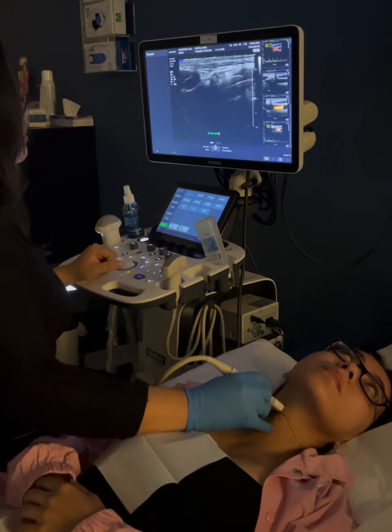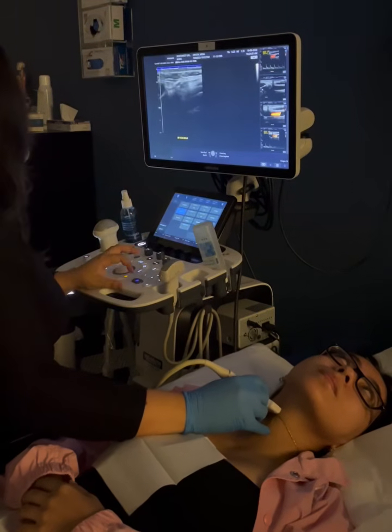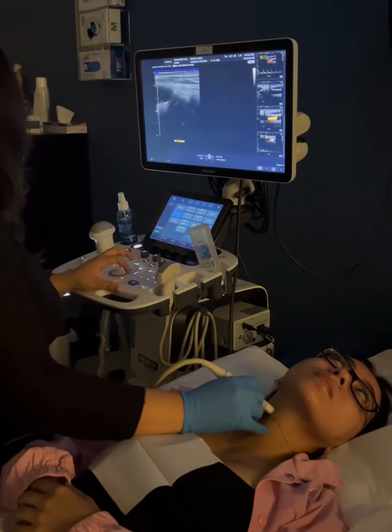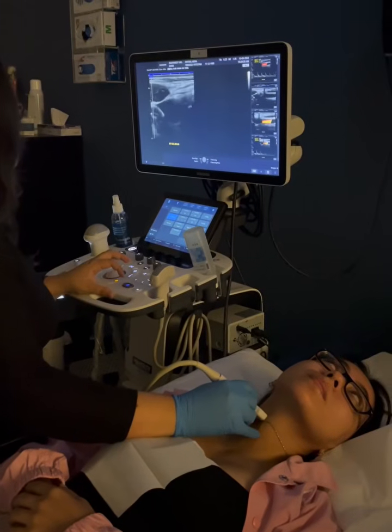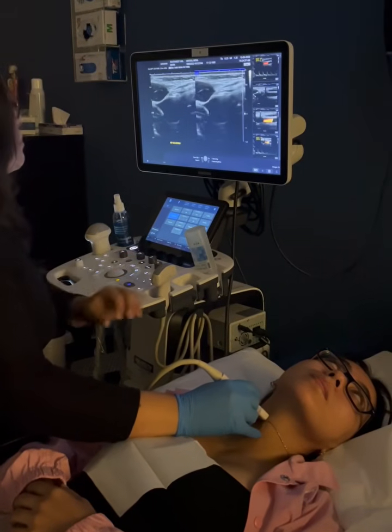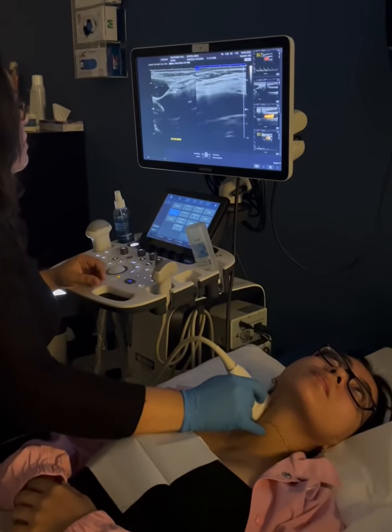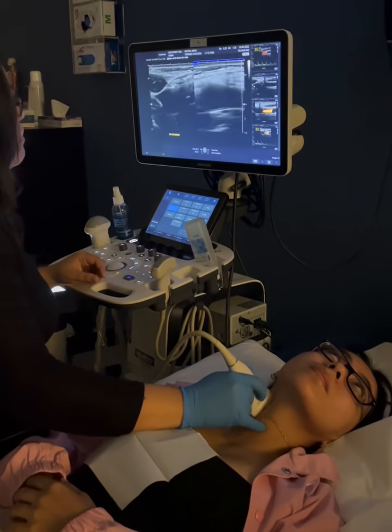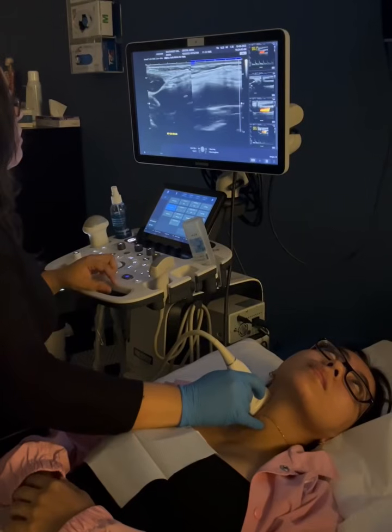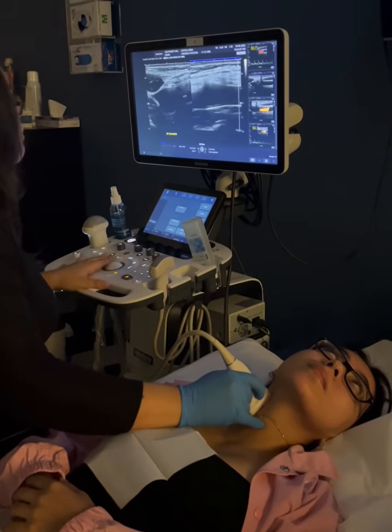So for the bulb, Myra identifies her CCA, moves her probe up until she sees it bifurcate into two vessels, comes back down, and obtains her two-plane image